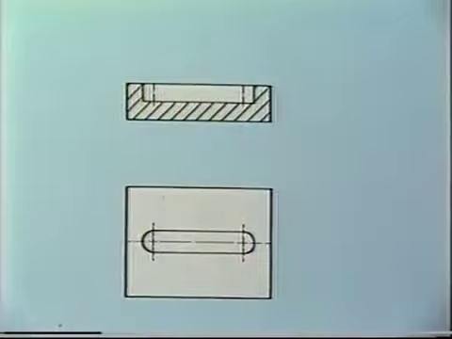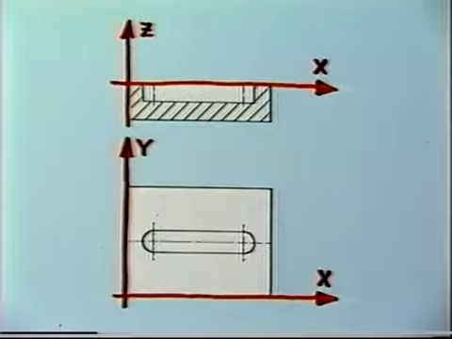Yes, that's right, but x, y, and z are also used to identify the points on a workpiece, so the control system knows where it should move to. To do this, you position the axes x, y, and z on the workpiece in such a way that x and y define the points on the surface, and z is the downfeed depth.